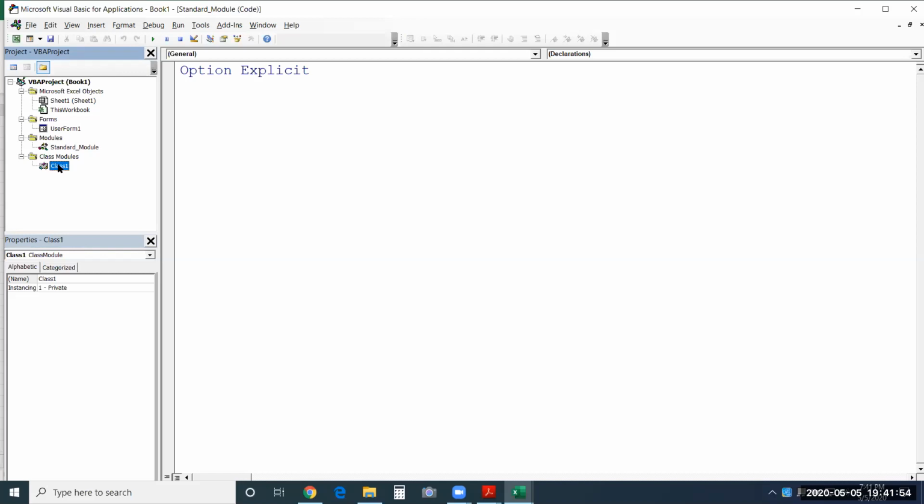There are a few things you can do using a class module, but not exactly an Excel application. You can develop something which can be present in Excel, not out of it, or something separate like the Excel application. That is not possible using VBA.